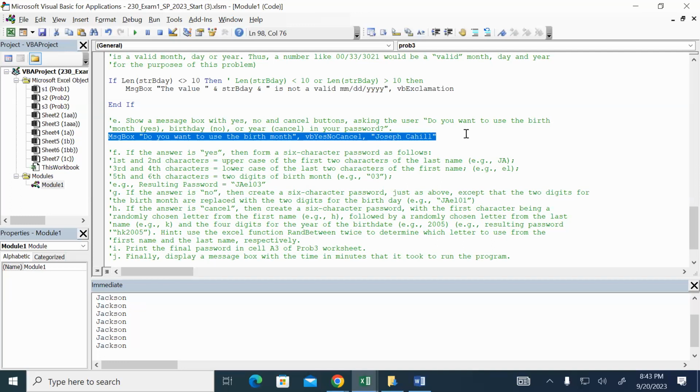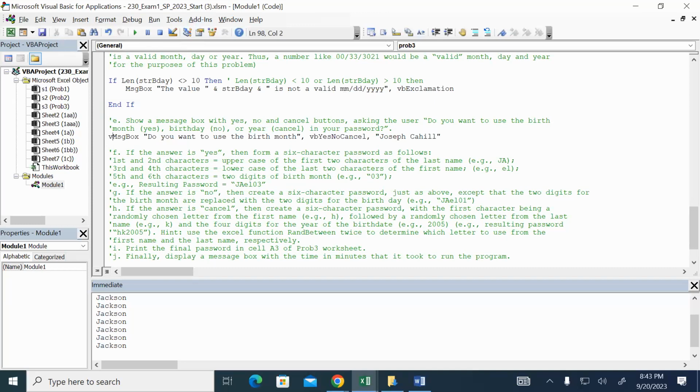Yeah, I need to set it equal to a variable and use parentheses because they're going to be clicking yes, no, or cancel, and there are values implicitly connected to those. I don't know what they are in VBA, but let's say yes is 1, no is 2, cancel is 3. I want to capture that number so that I can then determine what I'm going to do in my code. So here I'm going to say,